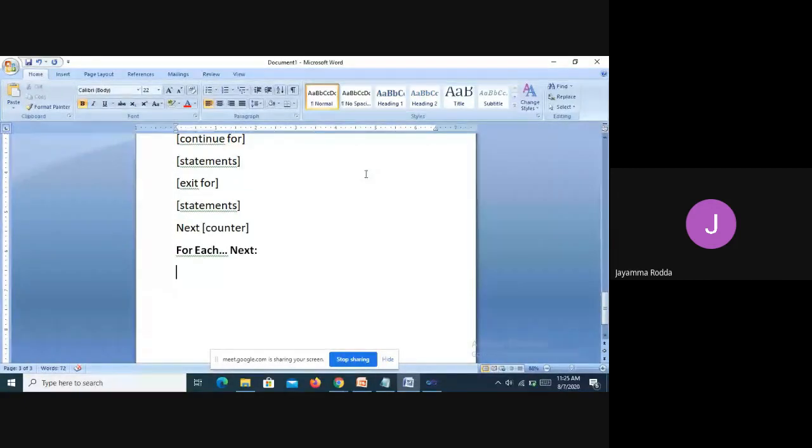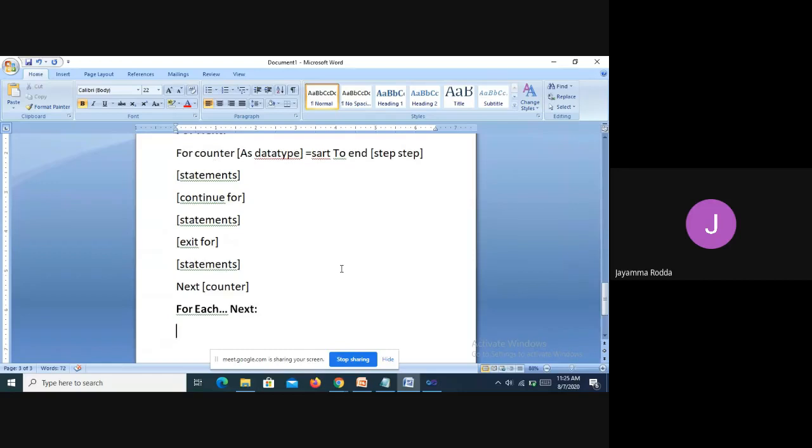Okay. For each next is the next statement that we are going to discuss. So what does it do? The for each next statement will be iterating throughout all the list of items that we have mentioned here. Either it can be an array or a collection of objects that will be executed. The difference is that for each next executes a group of statements, whereas here the individual statements are executed.